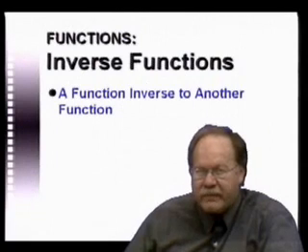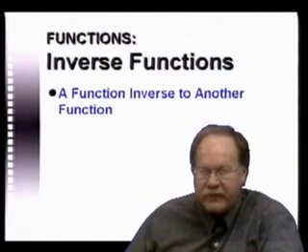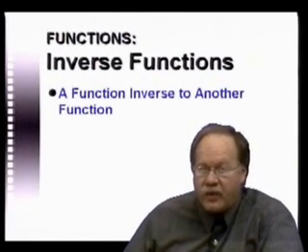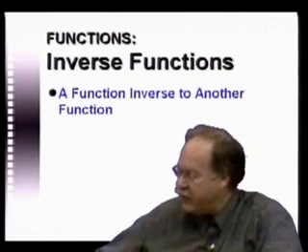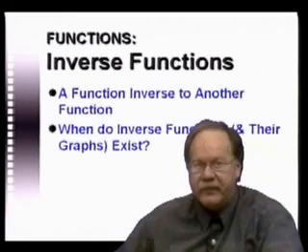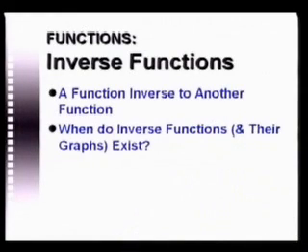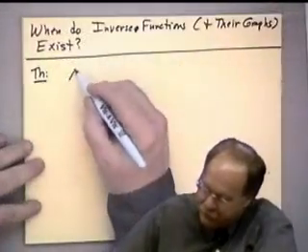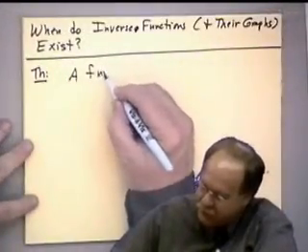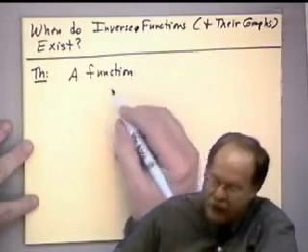We just defined what it means for a function to be inverse to another function, but we did raise the question that sometimes an inverse may not exist. So we'd like to know, when do functions have inverses? So when do inverse functions and their graphs exist? Well, we'll start right out by writing a theorem down. And the theorem is what you want to remember to be able to answer this question,